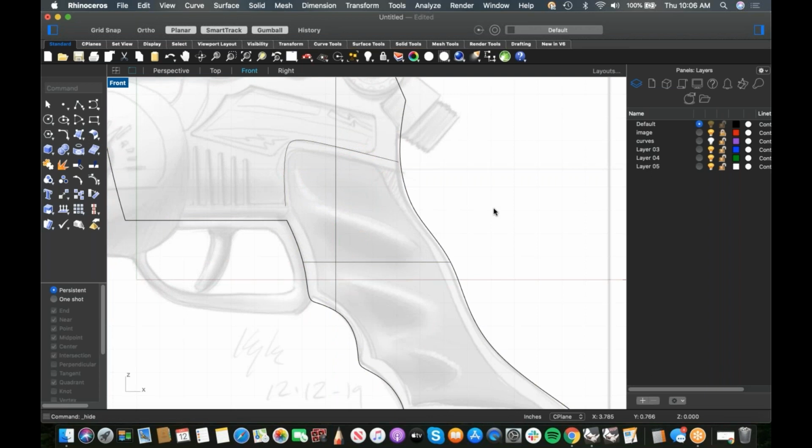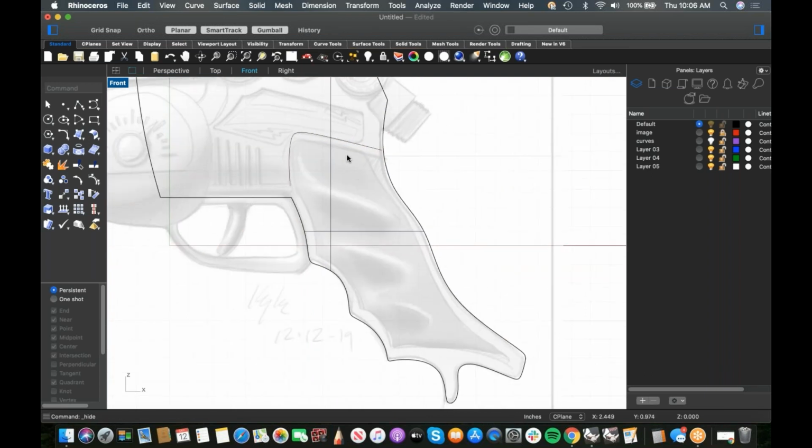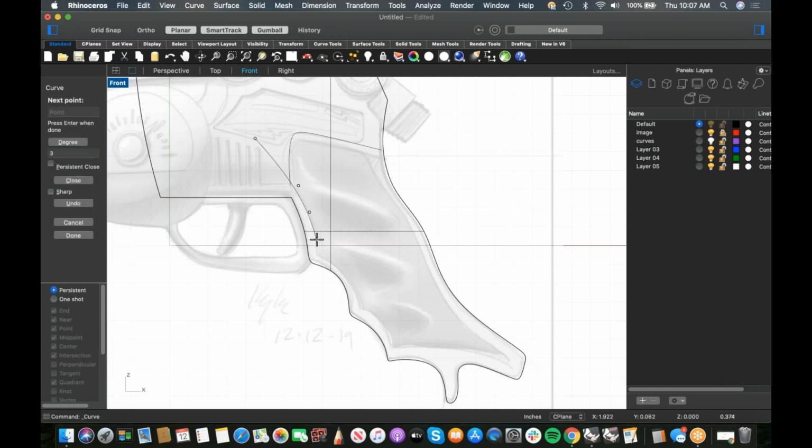So to do this grip, this has a lot of shape to it, and people get scared of that and say, oh my God, how am I ever going to make this thing? Well, first of all, I'm going to overbuild it. So I'm going to start up here, and I'm going to just start drawing the contours. And I want to use as few points as possible. Remember, 3 points for a corner, not 60. Actually, I'm going to end this at the bottom,